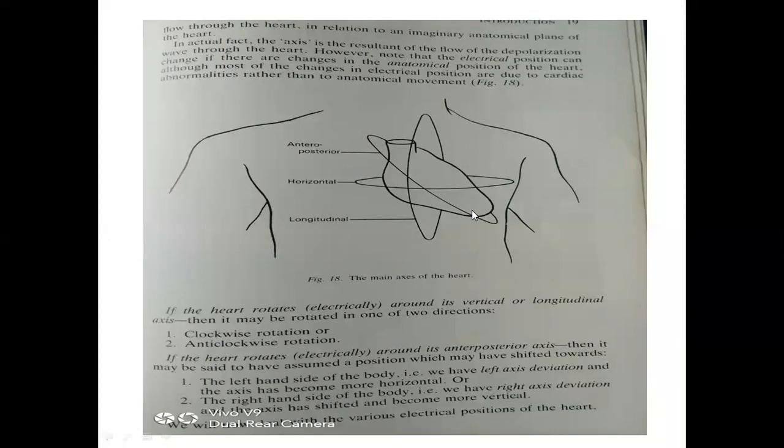Is the axial deviation clear? Can we go with some ECGs? Sir, what are the conditions for that? I will tell you later, that is theoretical. What are we trying to do? Study from the ECG. You are the physician who has taken a 12-lead ECG. Just by looking at the ECG, you have to diagnose.